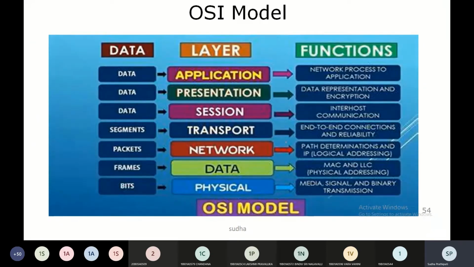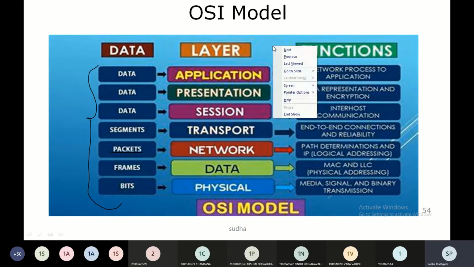This is, I mean, the layers and the functionalities in a nutshell. I'll be giving you the detailed description of each and every layer, but just understand that this is the basic functionality of a particular layer. So here, this is the data unit, how a data unit at each and every layer is called. This is again a very, very important MCQ. What is the data unit at the network layer called? The data unit at the network layer is called a packet.